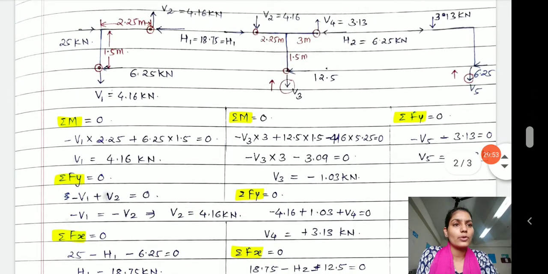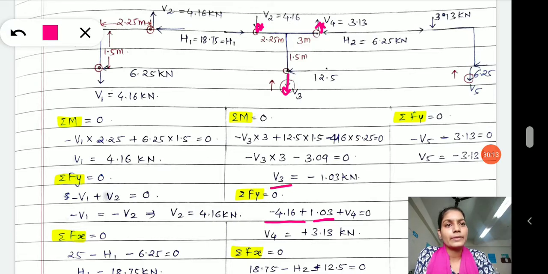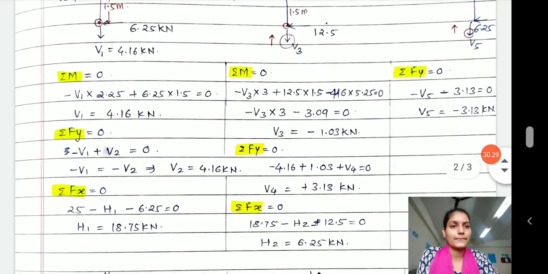Next is summation of Fy. Now I am adding all the vertical forces in my system. On my section, how many vertical forces are acting? 1, 2, 3. So V 4.16 downward in direction, 1.03 acting, yes, 1.03 is acting where? Okay, V3. That is acting upward, positive, and this one acting upward, V4, that is not known actually. I have added the answer from here to there. So my V4 will be 3.13.